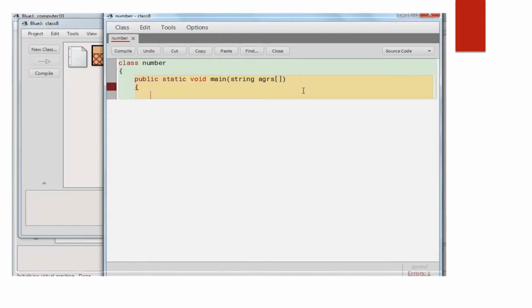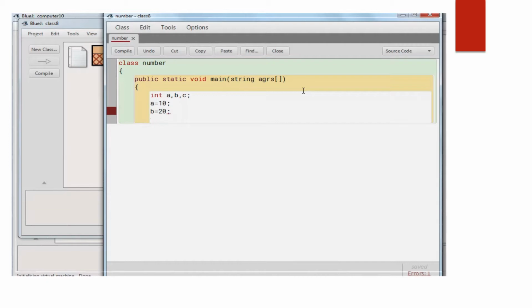First we have to declare the variables. Like I declare here three variables: int a, comma, b, comma, c. Then next line we start assigning values to the two variables. a equals 10 semicolon, because each and every statement here ends with a semicolon. b equals 20.